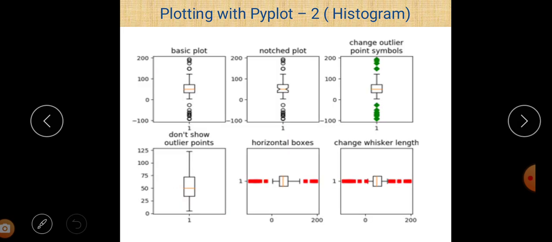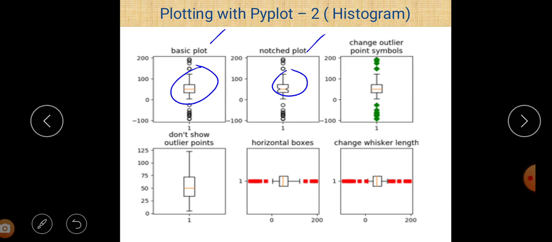So here are the different types of box plot. You can easily see that this is a basic box plot, and this is a notched plot, represented in a different manner. In the first one, there is a box, but in the second, the representation is a little bit different from the box. That is called the notched plot.